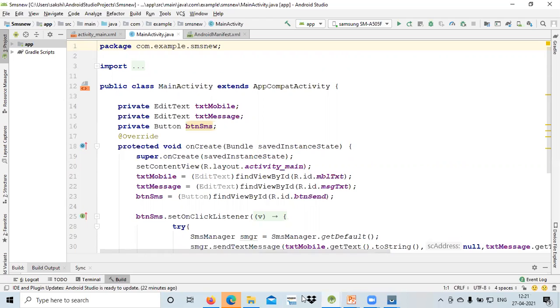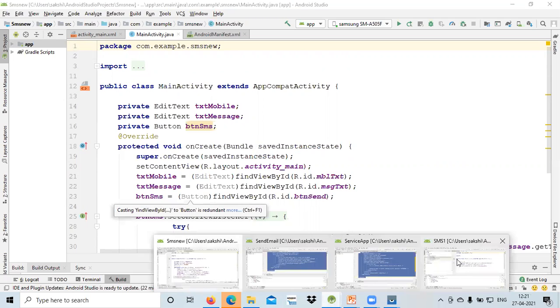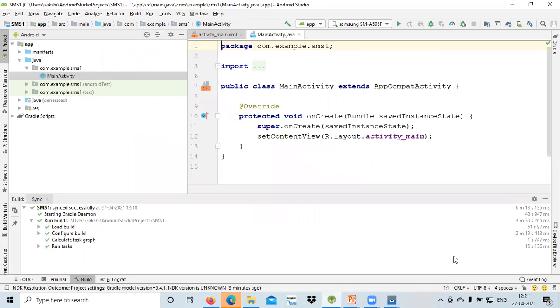So what we are doing over here, let me see that if it is, yes, now it is working. Now I can show you on that particular screen over there.